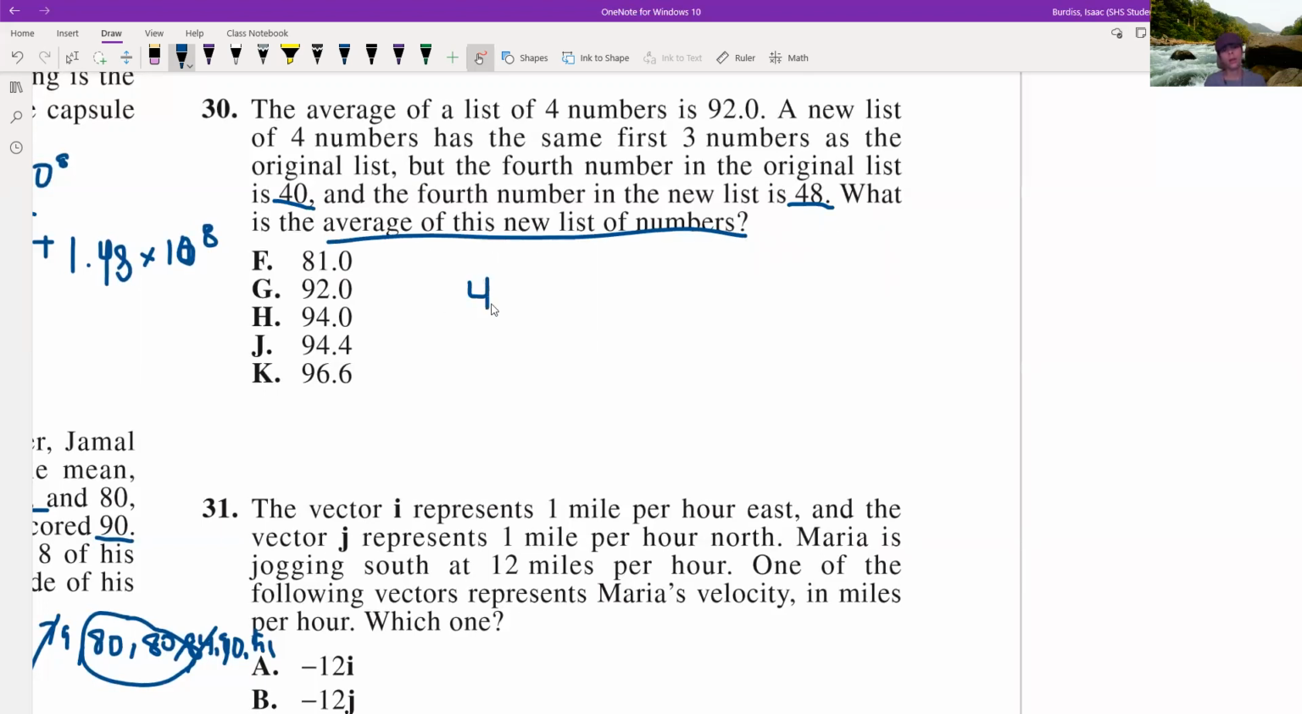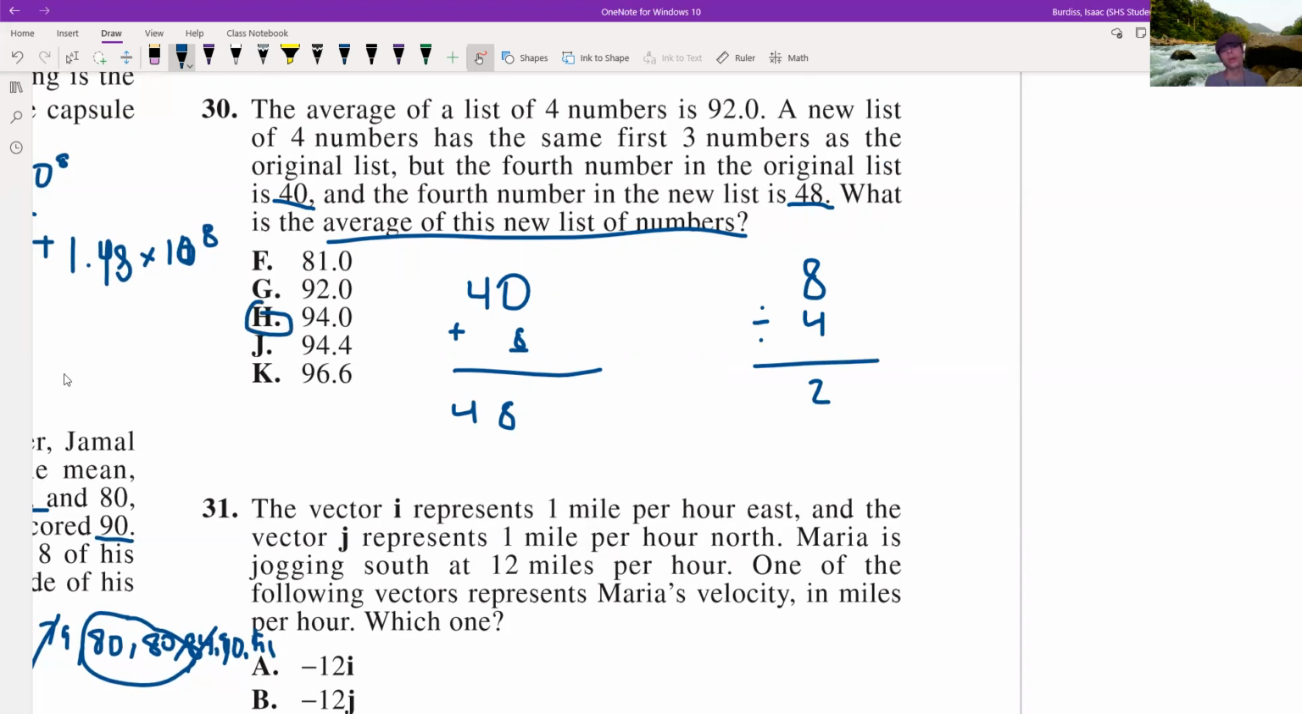Okay. Well, what changed for the fourth number? Plus what was 48? Okay. 8. We added 8. So 8 is the new number, and we got to divide that by 4, which is how many numbers there are total, which we get 2, and we add that to 92 to get